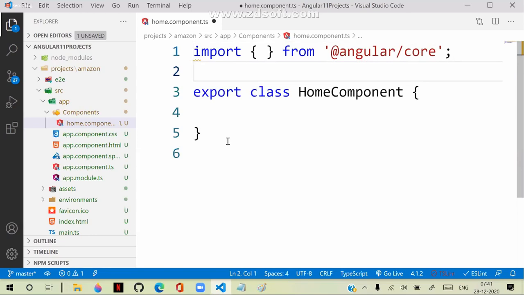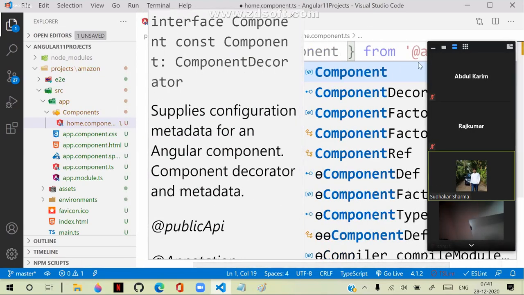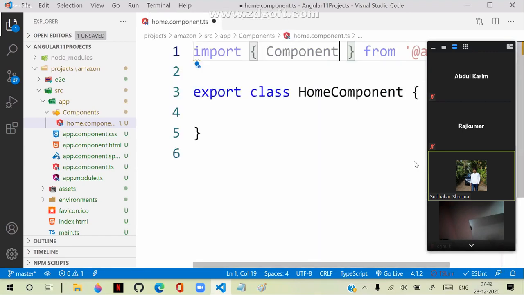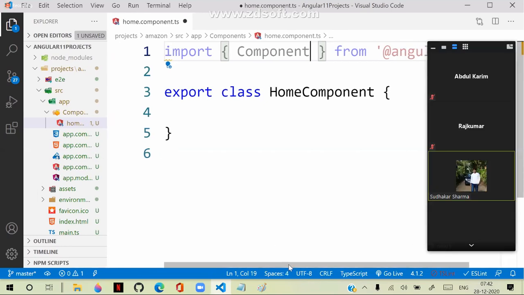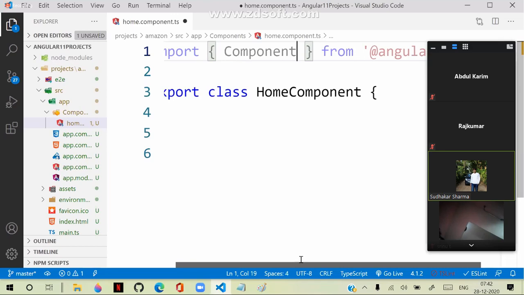Through this module technique, we are importing the Component base from the Angular core library.